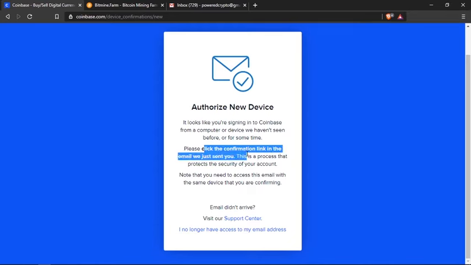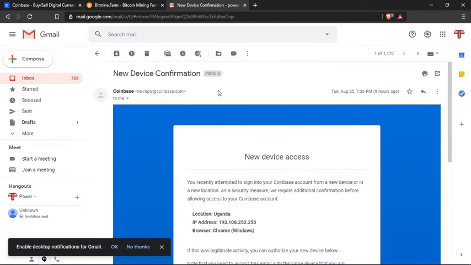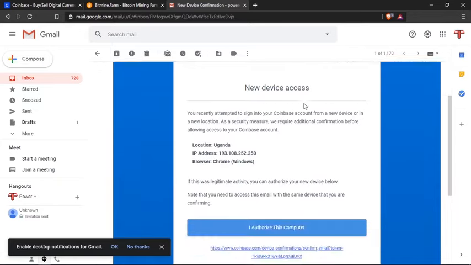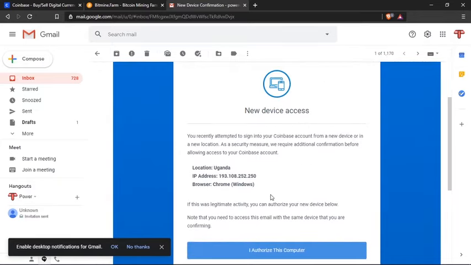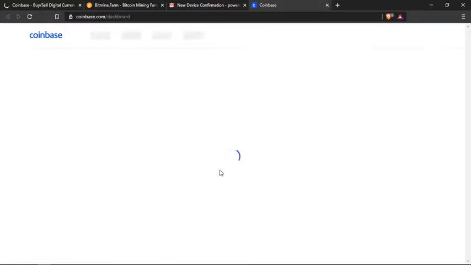At the beginning of this video, I've just signed in, so I'm going to just switch to my Gmail account to check out my email that I've just received. Notice the email right here that I've just received for confirming the device. So I'm just going to go on and click this button right here. I authorize this computer, and then I'm going to close this other tab. Right here is my